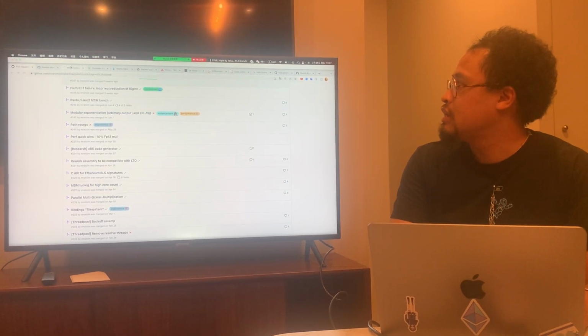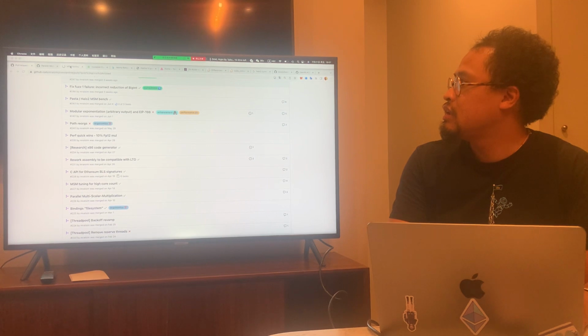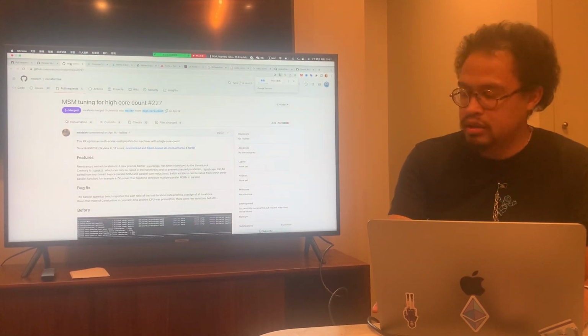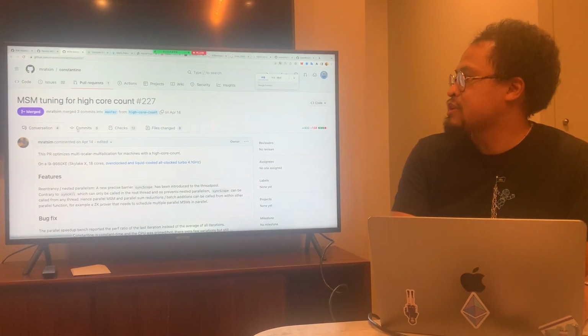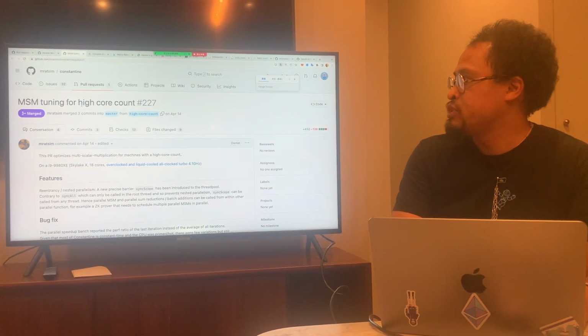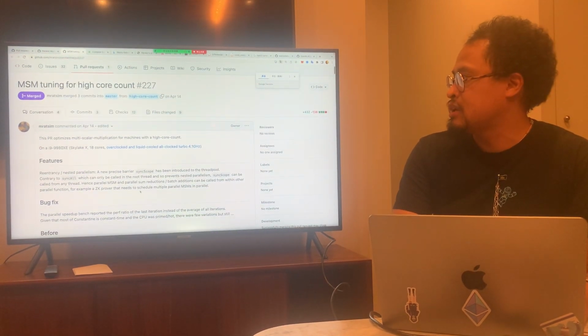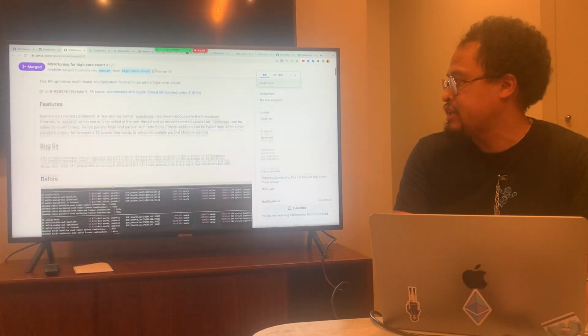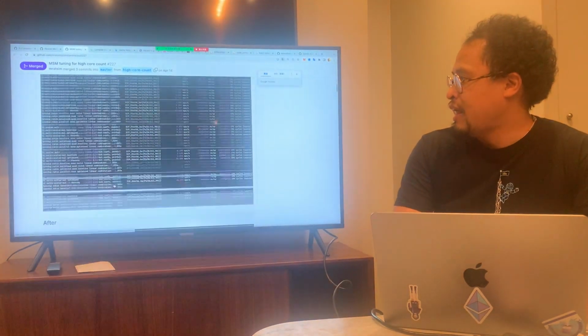Can you zoom in again a bit? Yeah. Thanks. So I was trying to tune a multi-scalar multiplication on my machine, which has an 18-core Skylake-X CPU, and I